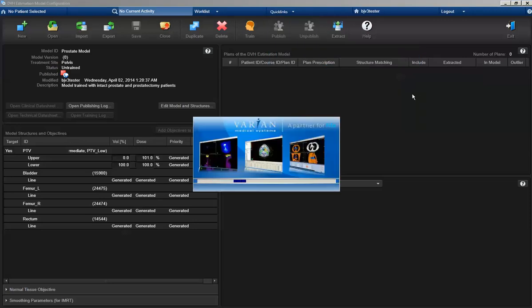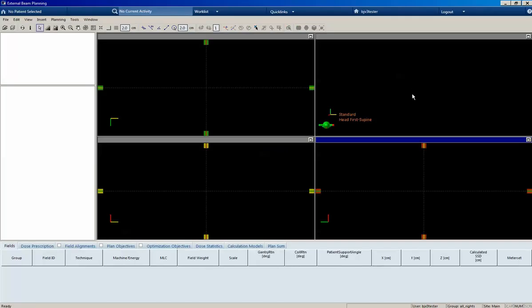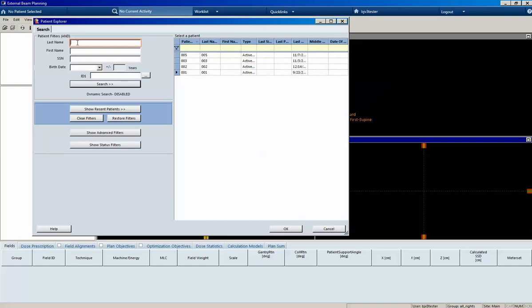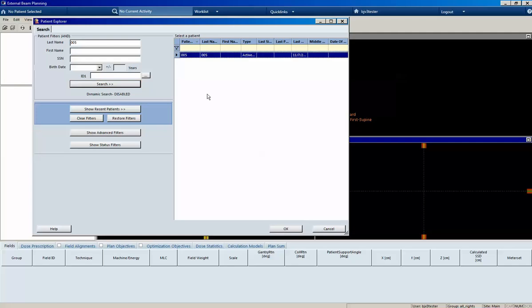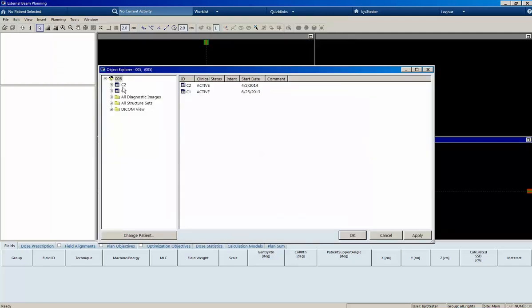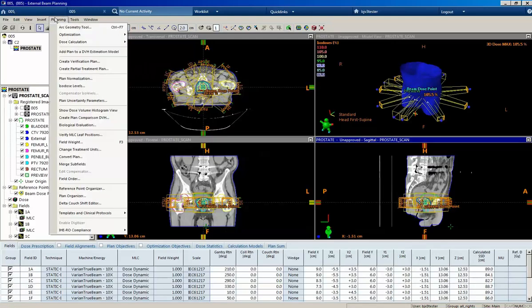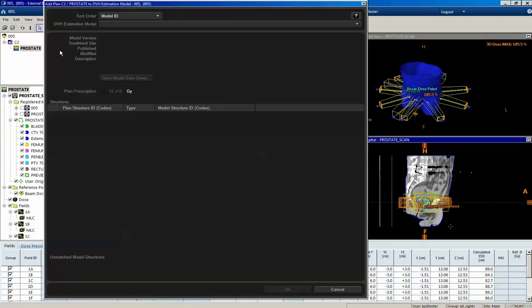You should already have a list of pre-identified patients to add to the model that satisfy the criteria discussed in Module 1. Open the first patient to add to the rapid plan model and select the correct treatment plan. Navigate to the Planning menu and add Plan To Dvh Estimation model. Select the DVH estimation model that you created in the Configuration workspace and enter the prescription dose for the treatment